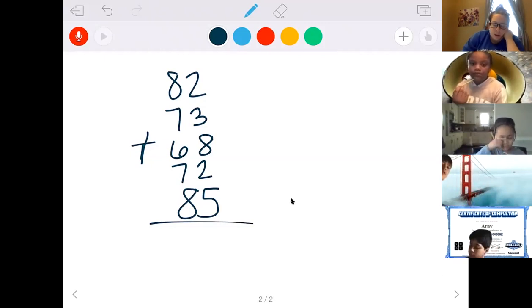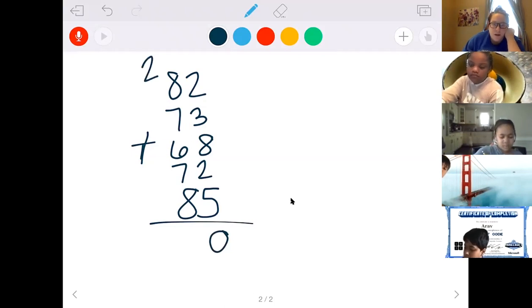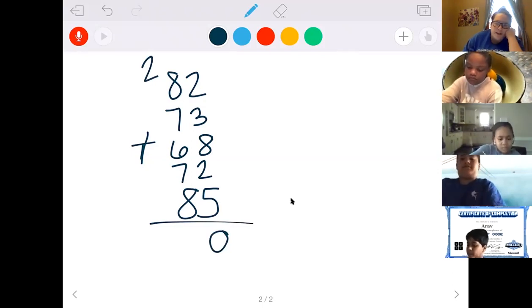So 3 plus 2 is 5. I like to add them kind of in my own way. So 5 plus 5 is 10, plus 8 is 18, plus 2 is 20. So put down your 0, carry your 2. Okay, 8 plus 2 is 10, plus 7 is 17, plus 6 is 18, 19, 20, 21, 22, 23. 23 plus 7 is 30, and 30 plus 8 is